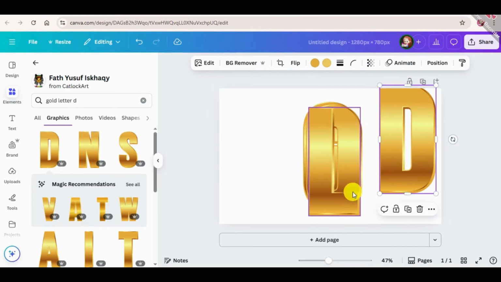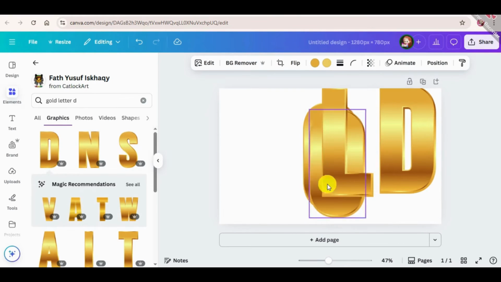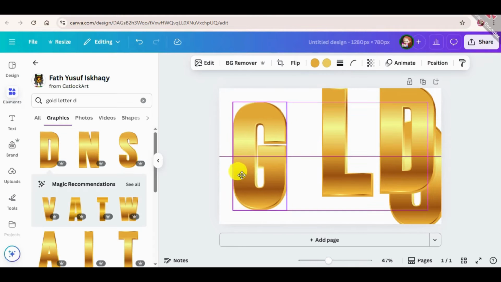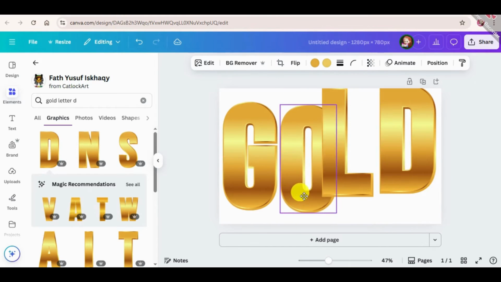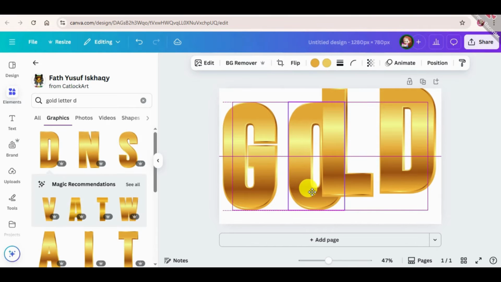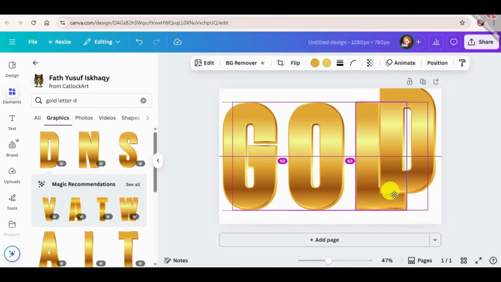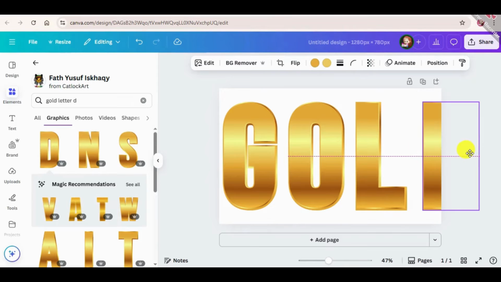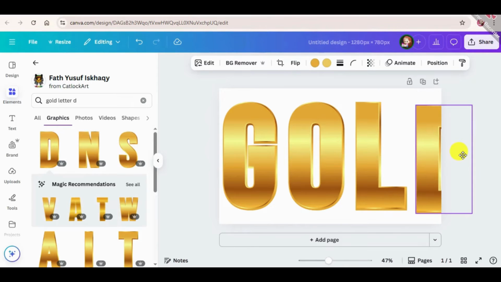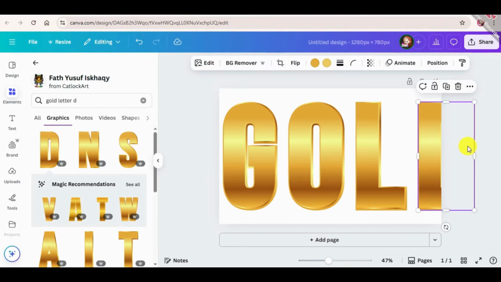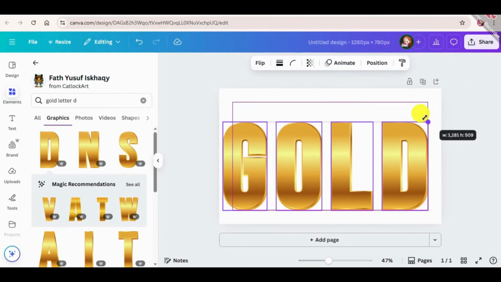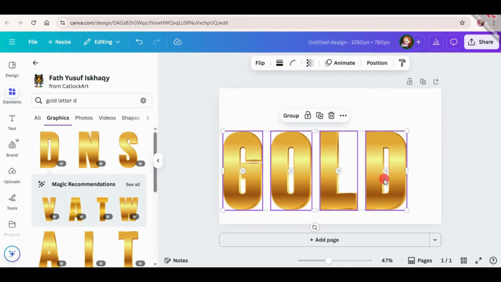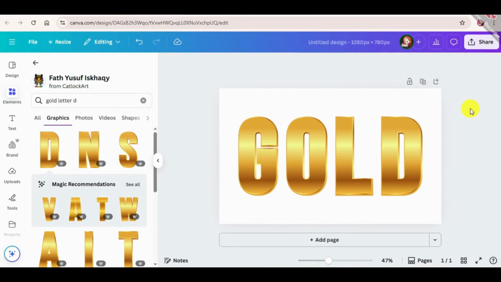Like this. After all my fonts have been placed in my template, now I'm just gonna align them like this, with equal distance. And how will you know the distance? By these smart guides, which are showing you the distance. So I'm just gonna make them a little smaller and make them into the center